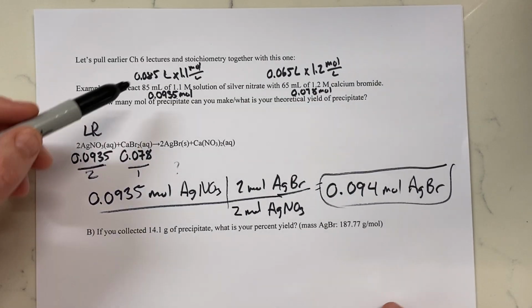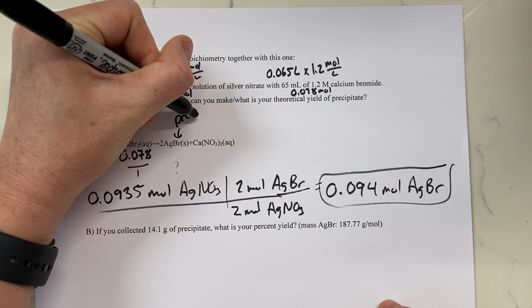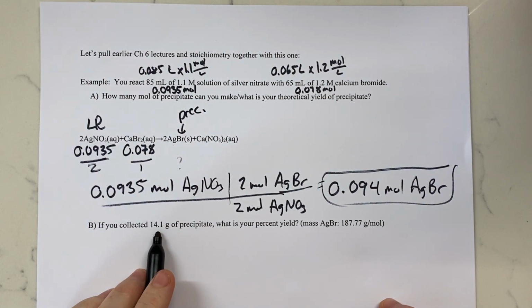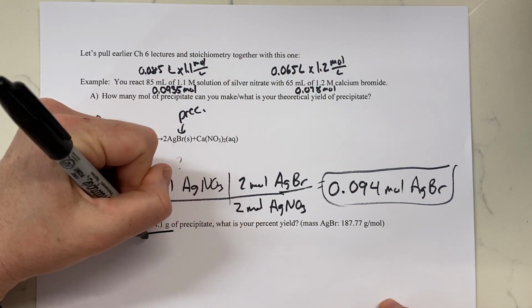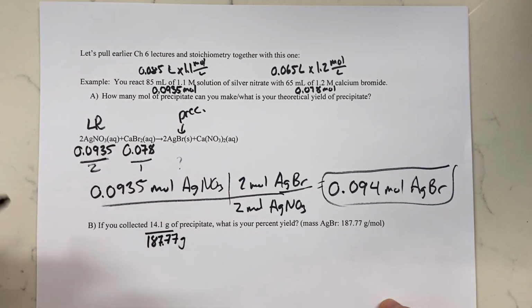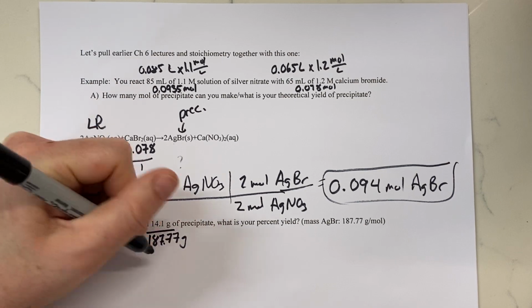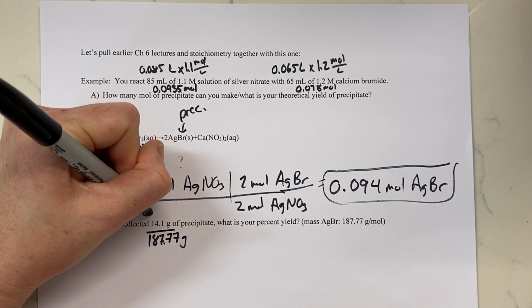Well, again, the precipitate is the solid, right? That's our silver bromide. This is our precipitate. If we made 14.1 grams of it, what do we do with grams? Put it into moles. Divide this by 187.77 grams. So let's do that. 14.1 divided by 187.77 gives me an answer of